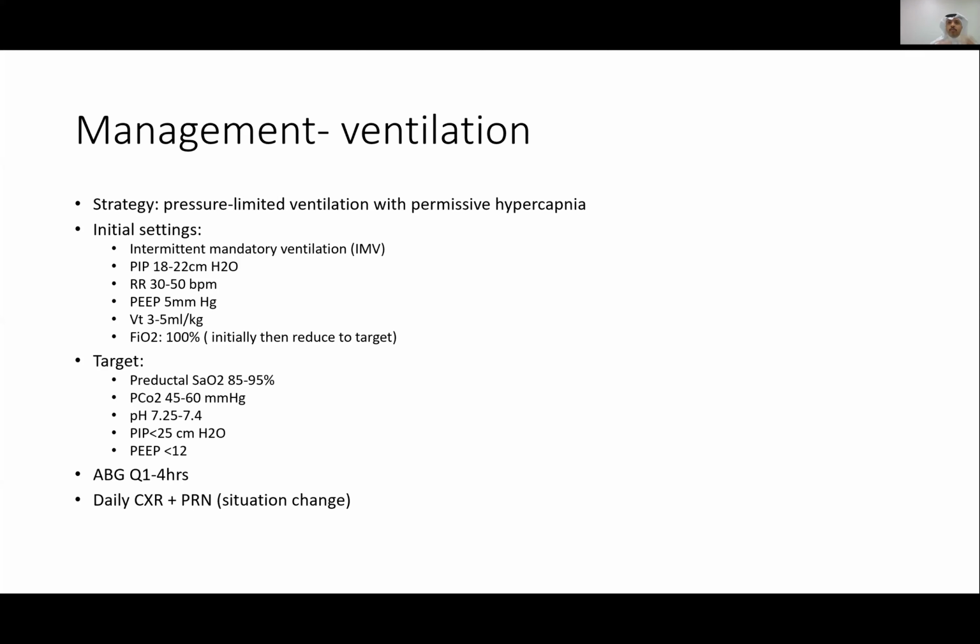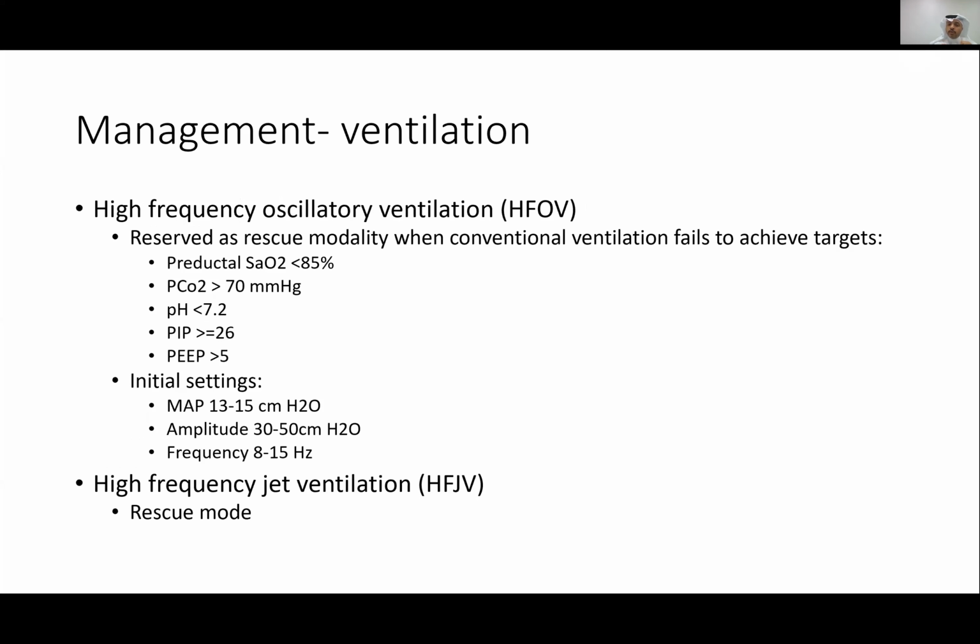Like, for example, a baby all of a sudden is hypoxic. You want to make sure they don't have pneumothorax, so you want to get a chest x-ray. Other ventilation strategies that are reserved for high-risk patients or patients who